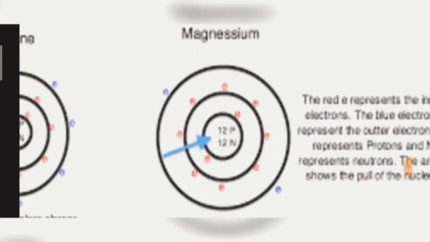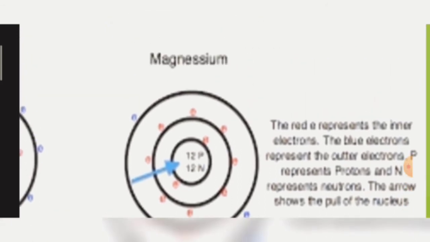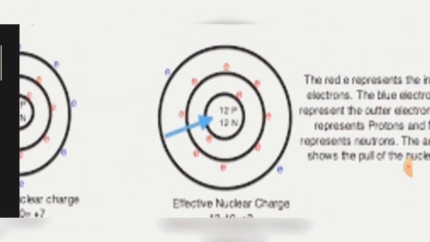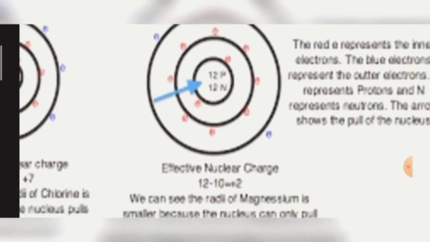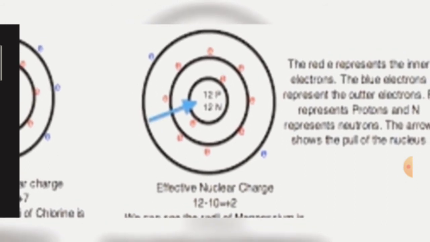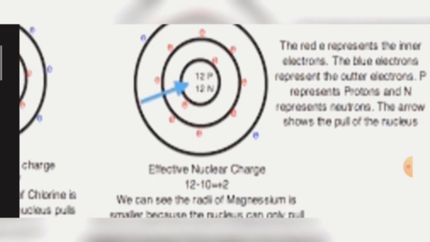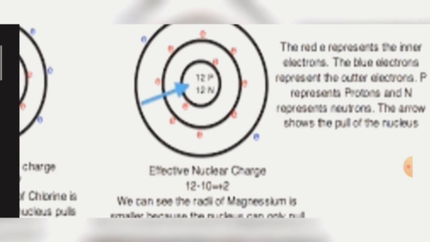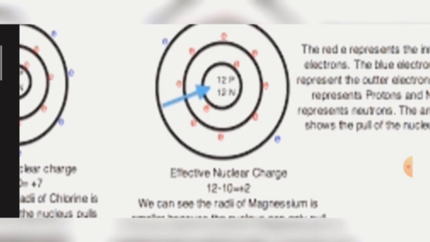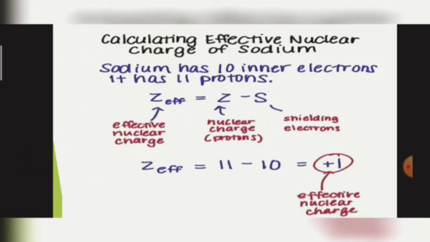Similarly, here is the example of magnesium, which has 12 protons and 12 electrons. Magnesium belongs to the second group. It has 2 electrons in the outermost shell. That's why its inner shells, K and L, contain 10 electrons: 2 in the K shell and 8 in the L shell. Total inner electrons will be 10. So we do 12 minus 10, where 12 is the atomic number Z. In the magnesium atom we will apply the same formula, Z minus S.